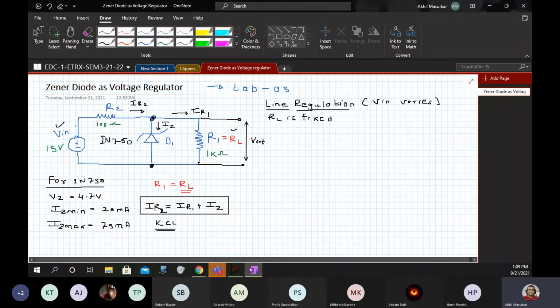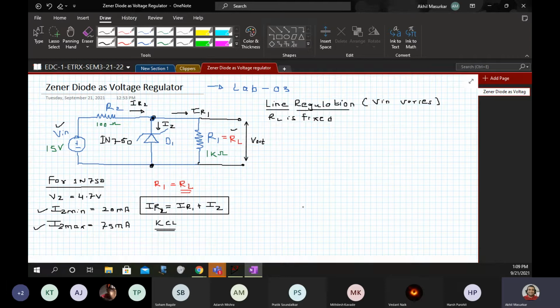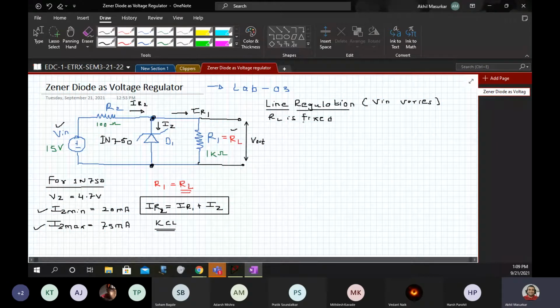Even if V in changes, regulation means V out should not change, and this will be over a certain range which is linked to IZ min and IZ max. So we want to see how much V in can change and still my V out is constant. That is what we want to know.